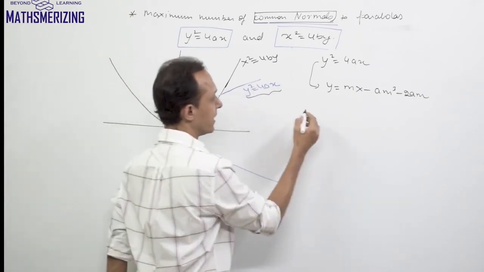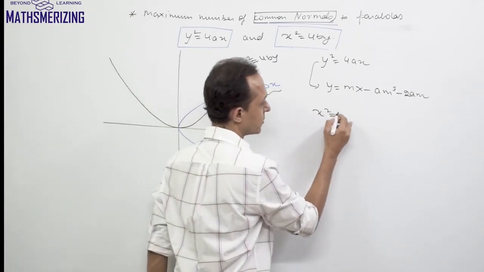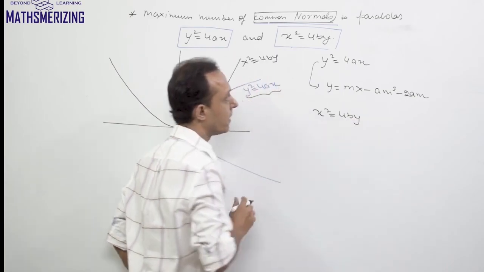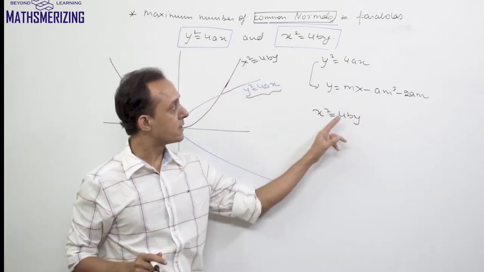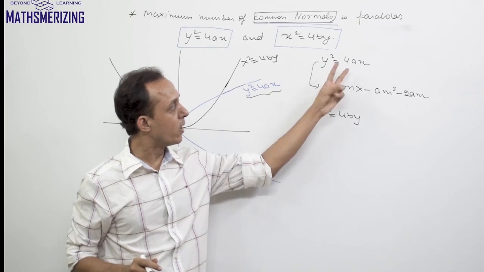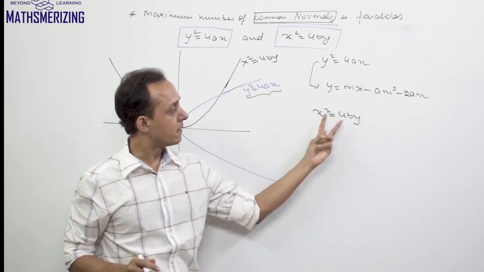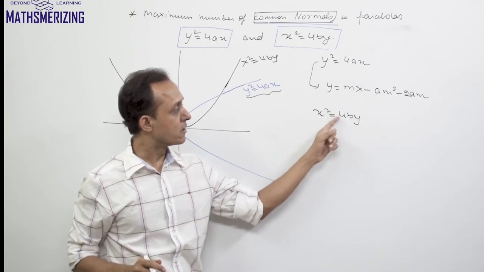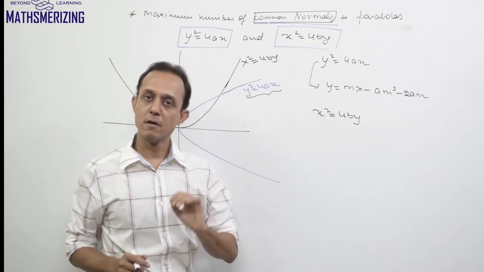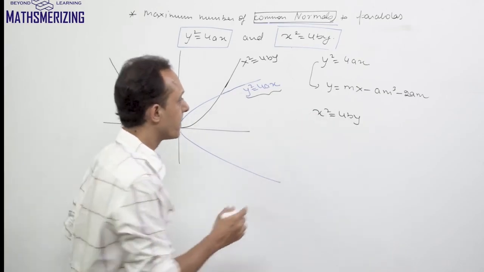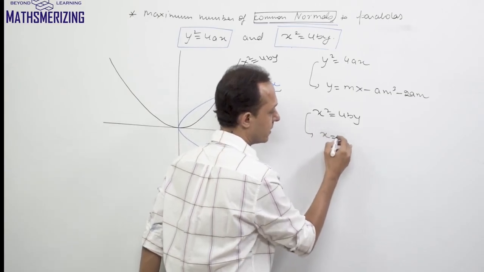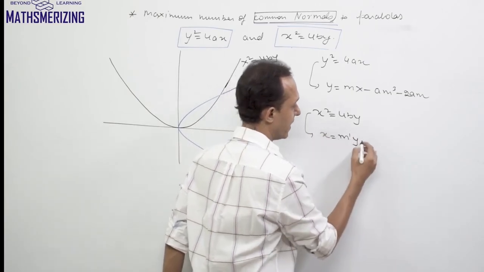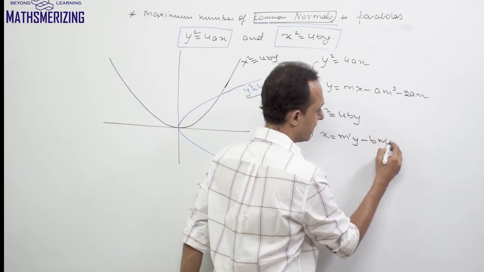Now I'll consider the second equation, which is x square equals 4by. The relation between the first and third form is, if I interchange x and y, I'll get the third form, x square equals 4ay, or in this case, x square equals 4by. So for this equation, I can write the equation of normal as x equals m dash y minus b m dash cube